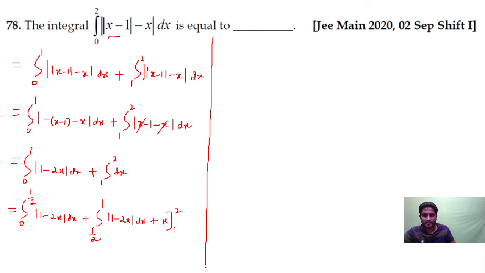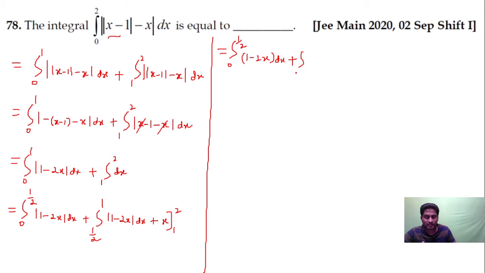Alright, now let us simplify this. So this is equal to integration of 0 to half. Between 0 and half, this will be negative, so this is minus of (1 minus 2x), and then plus between half and 1. Sorry, between 0 and half, this will be positive, guys. If you substitute the lower limit, you get 1 minus 2x only now, so this will be positive. Then this will be negative.